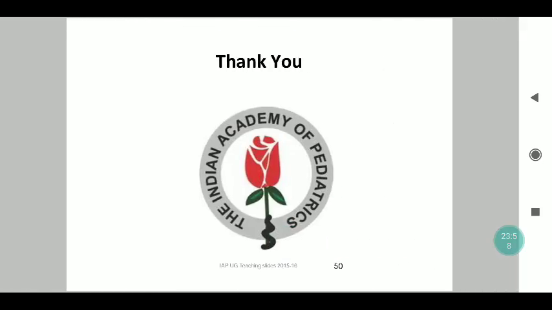So with that I complete the discussion of the different presentations of the skin lesions, the different spectrum of the skin lesions as well as the classification of the skin lesions, as well as briefly about what lesions are associated with what conditions. This presentation, like I mentioned initially, does not touch upon any of the treatment aspects because the treatment for each condition itself varies, and the aim of this presentation was to sensitize the undergraduate student towards the spectrum of skin lesions in pediatric practice.